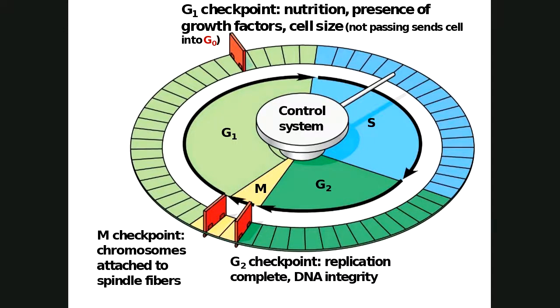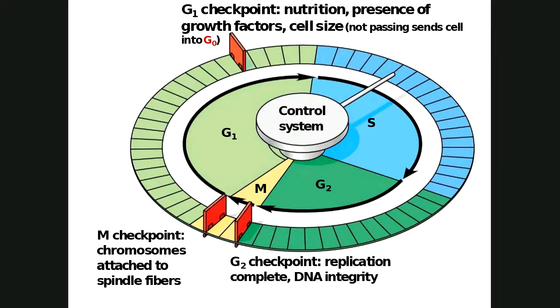All right, move into the S. S phase occurs. Move into the G2. There's the G2 phase that I was just talking about. This is when the cyclin is accumulating. At the G2 checkpoint, the cell is going to make sure that replication is complete. All 46 chromosomes have been copied. Not only have they been copied, they've been copied accurately. That's the DNA integrity.